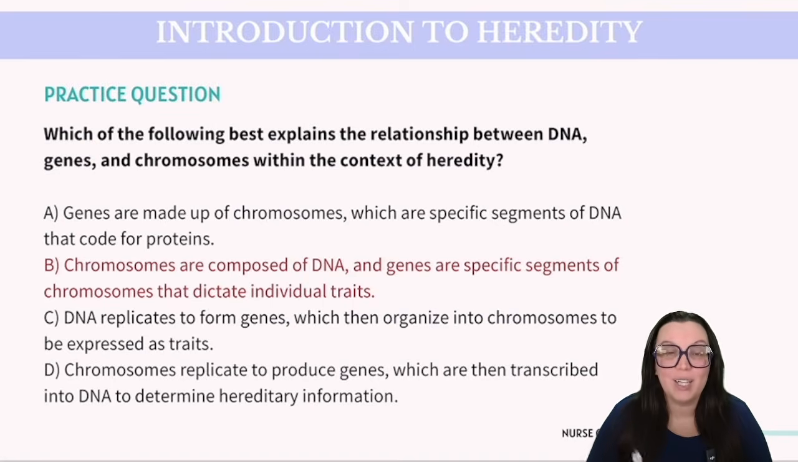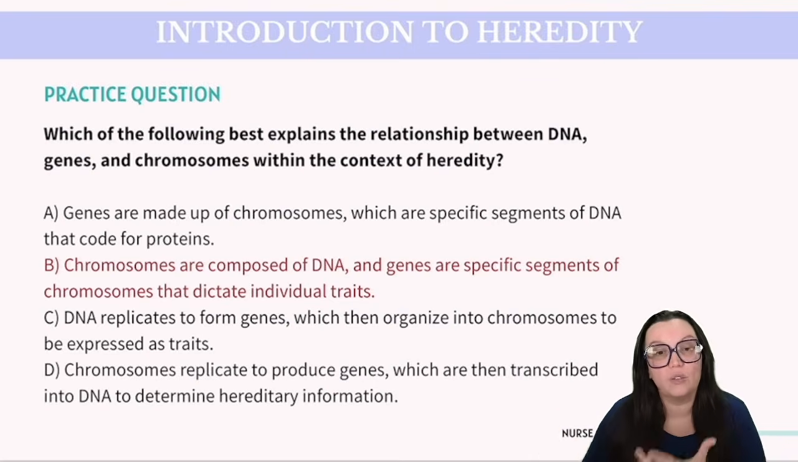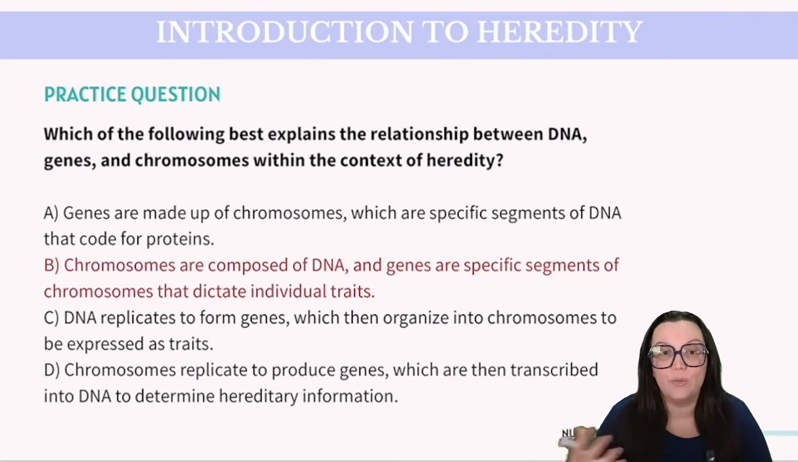individual traits. So remember, chromosomes are very long strands of DNA wrapped around proteins called histones. Genes, which are segments of DNA, are located on these chromosomes and they're going to act as instructions to produce proteins. These proteins are going to determine the characteristics or traits that can be passed from parents to offspring through